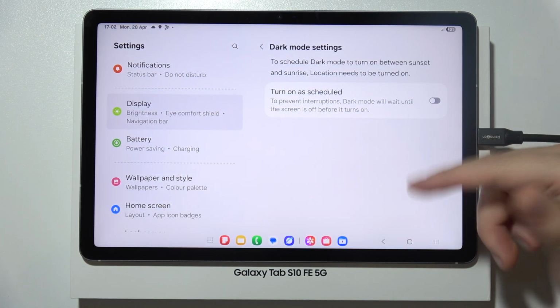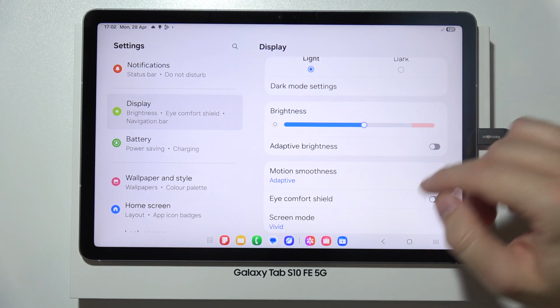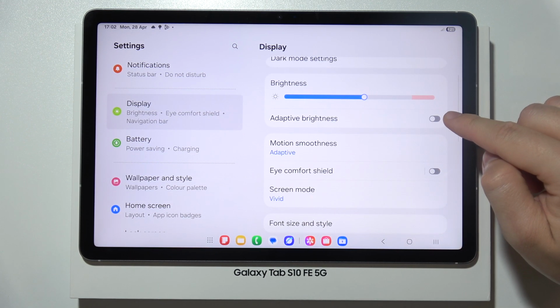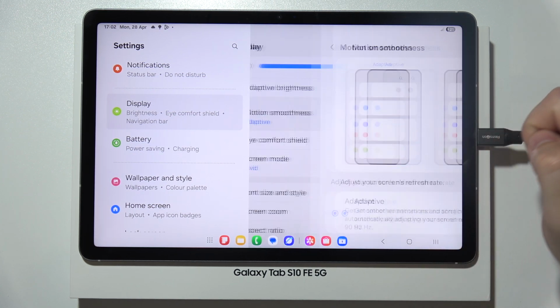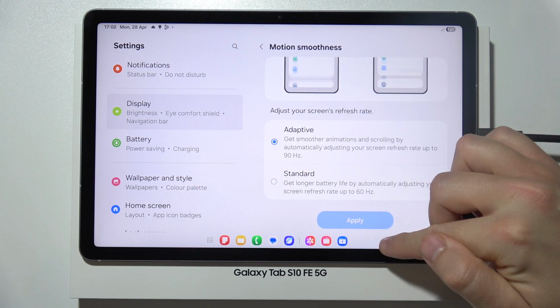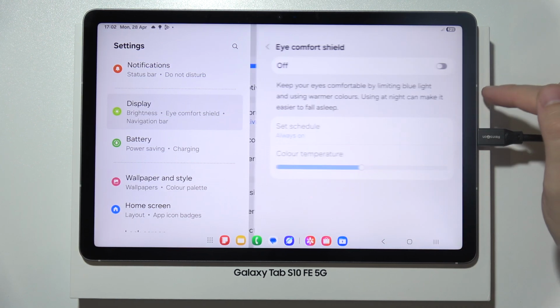turn it on as scheduled, so for a specific time, for example. Then we can change brightness level and turn on and off automatic brightness. We can also find motion smoothness, so we can get 90 Hz or 60 Hz refresh rate. There's also blue light filter